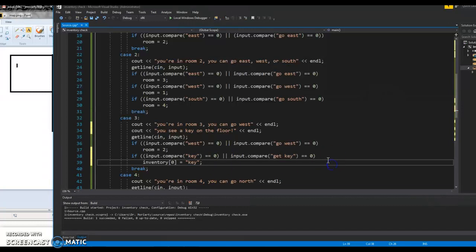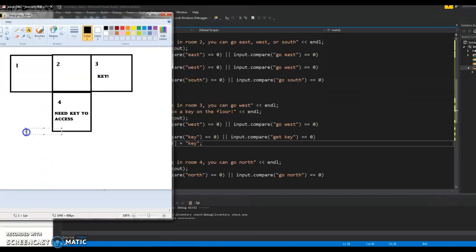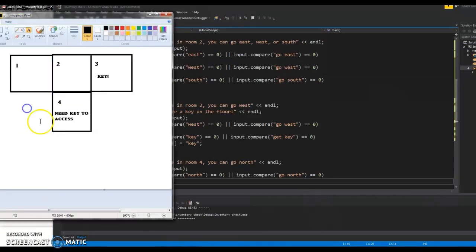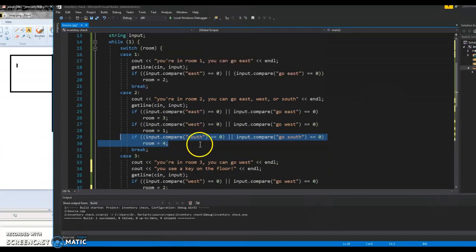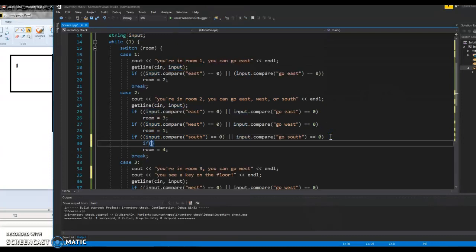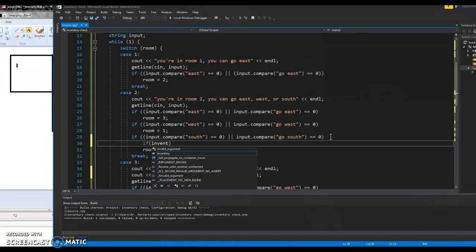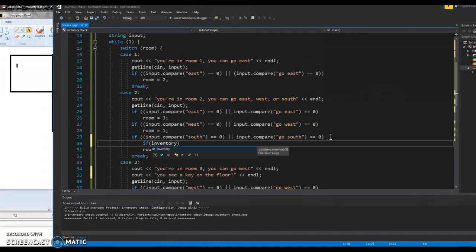Okay? Then I'm going to stop them from getting into room 4 unless they have a key in the first slot of their inventory. Okay, so let's see, they get to room 4 from room 2, so I'm going to go up to room 2. And before I let them, that's this case here, okay, so if this is the case, I'm going to go ahead and put another if statement in here. I'm going to say if inventory slot 0